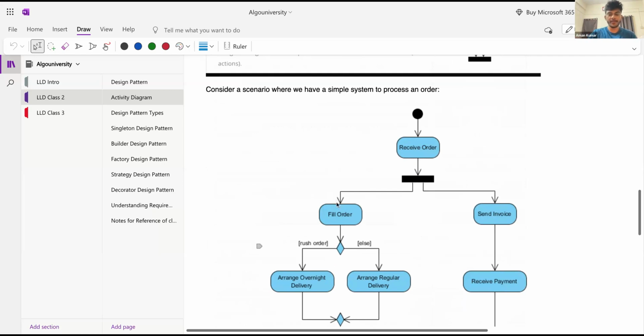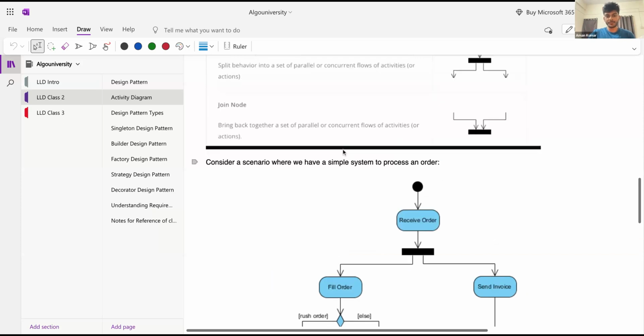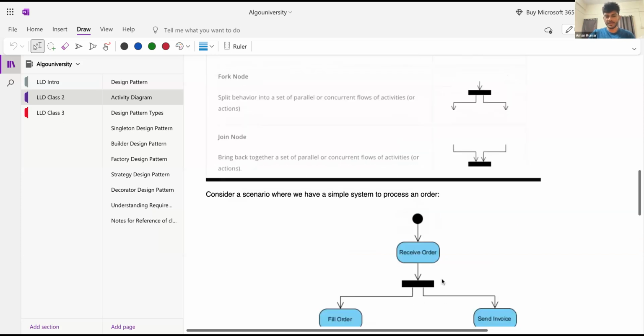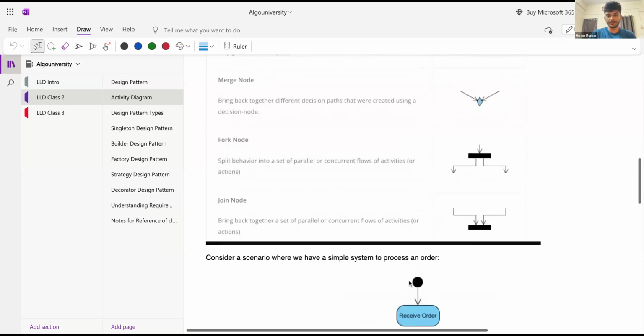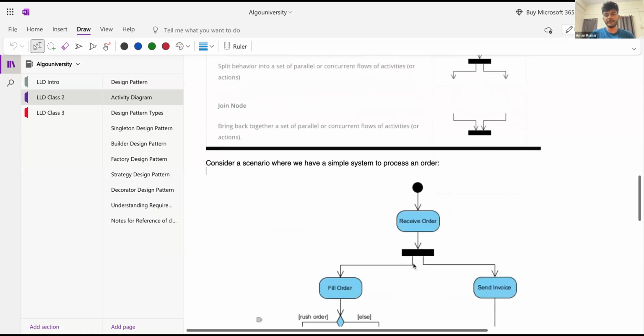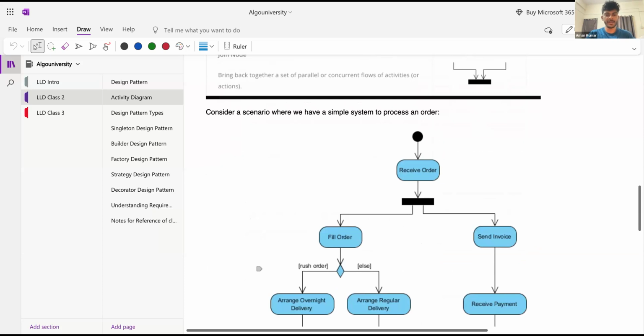What will happen here is that on the left side we have the arrow with a rectangular box. This is called a fork node. So we split a behavior into a set of parallel or concurrent flows of activity diagrams. Here we have two parallel flows that would be running. First would be to go to the inventory, fill the order,